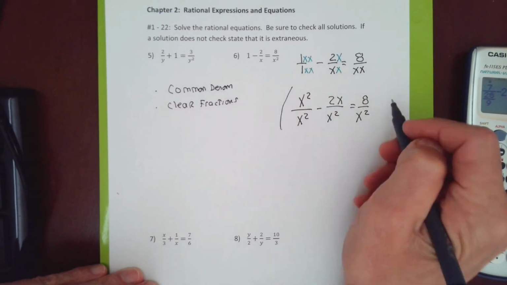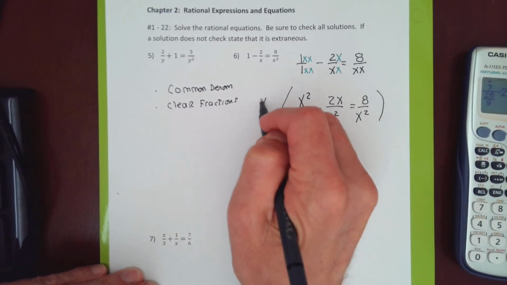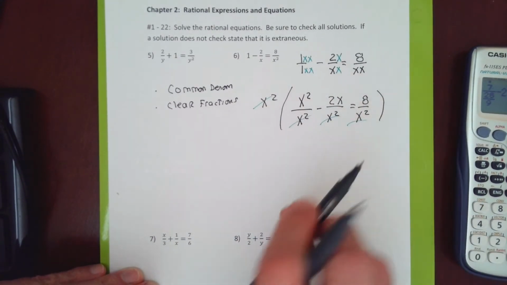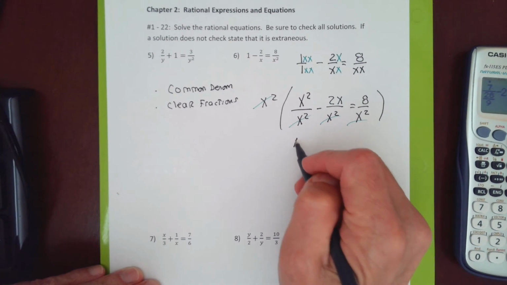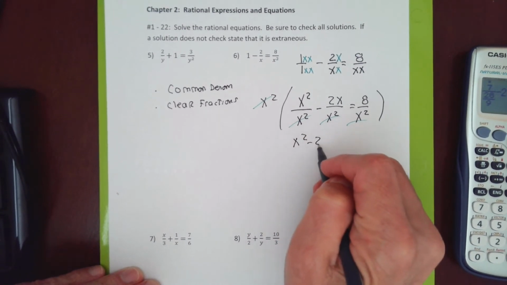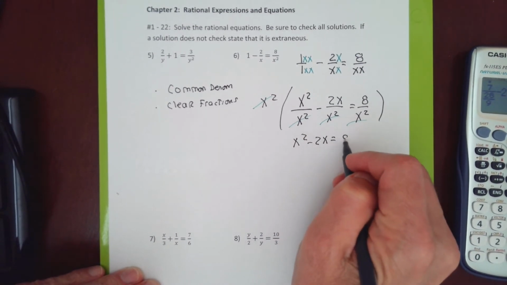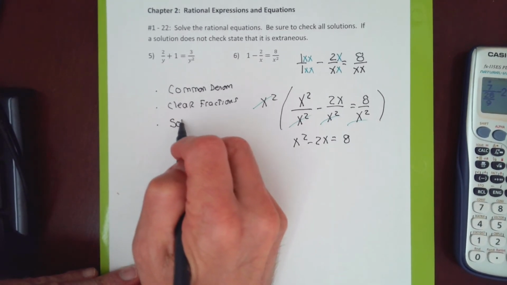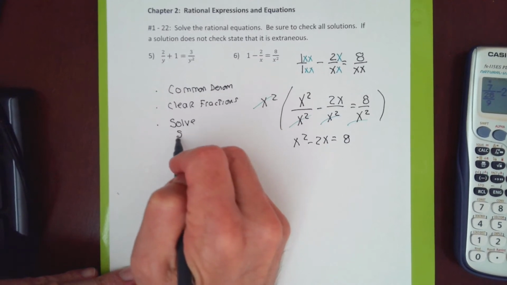Make a big parentheses, write the common denominator to the left of the parentheses, and cancel, cancel, cancel, cancel. That's going to leave me with an equation that needs to be solved. If there's a square, I set it equal to 0 and solve by factoring. So I need to solve this, and because there's the square,